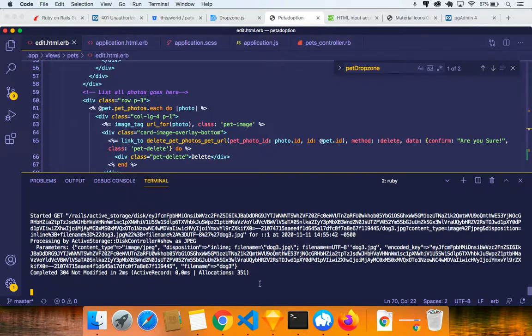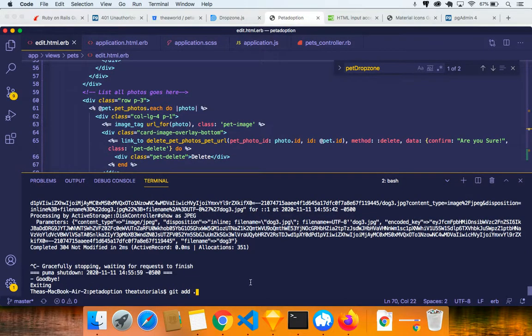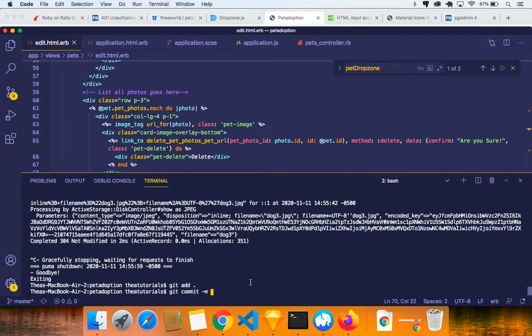I'm just gonna come here and stop the server, Control C. So I'm gonna git add period, git commit -m part 18b completed, completed the update the edit page, added dropzone.js library, created upload and delete photo upload methods